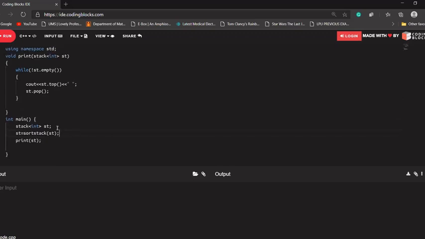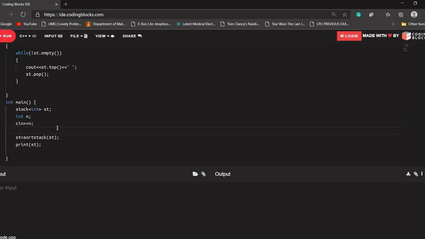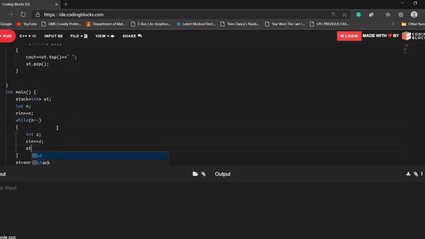Okay, let's just try to check our function. Let's say I'm using a variable int n. I'll be asking the user to enter some value. Let's say if the user enters n, I'll be running a while loop n times, and I'll ask the user, let's say a z variable is there, to enter some value into z, and I'll push that z value into the stack. Okay, is that clear with everyone?